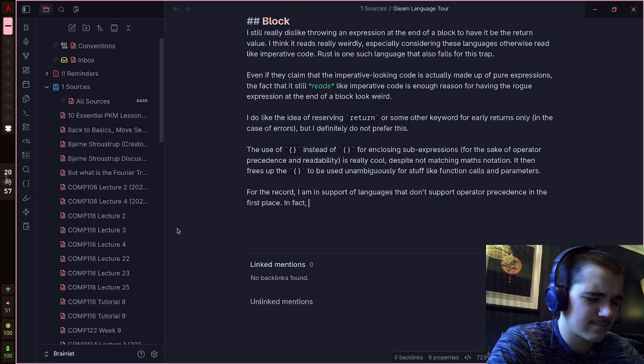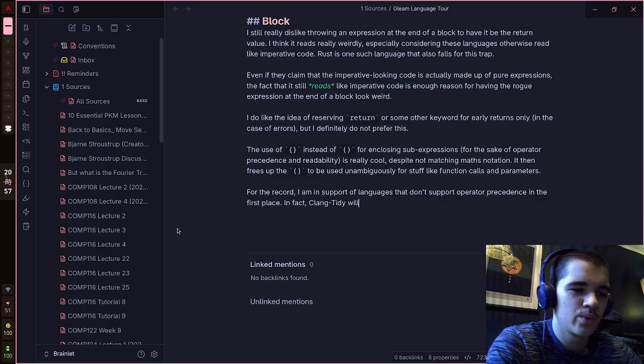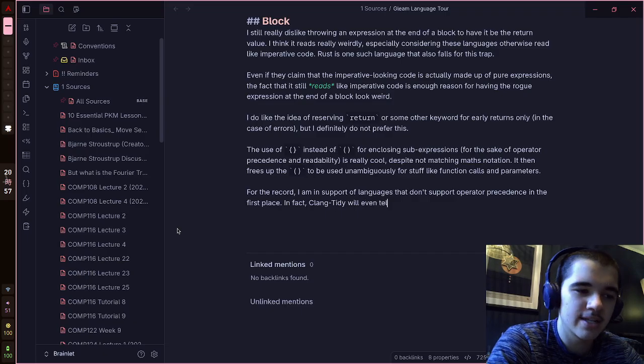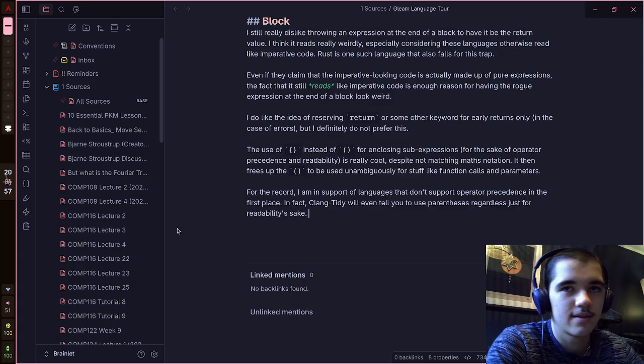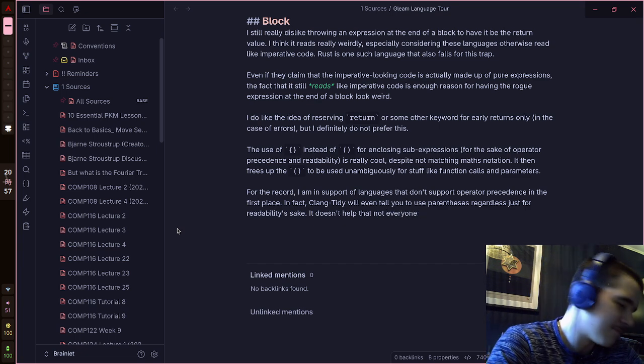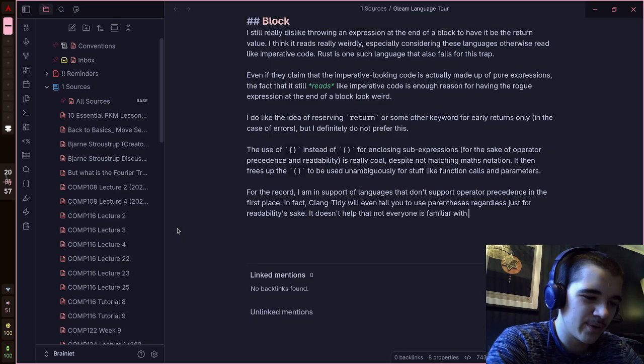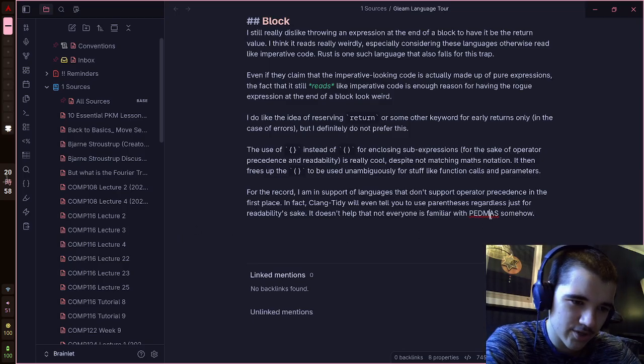In fact, Clang Tidy will even tell you to use parentheses regardless, just for readability's sake. It doesn't help that not everyone is familiar with PEMDAS somehow, which really should be PEMDAS, but